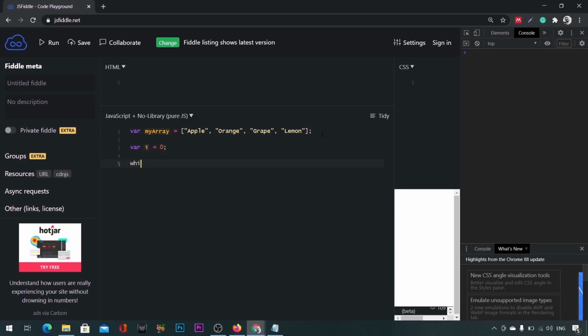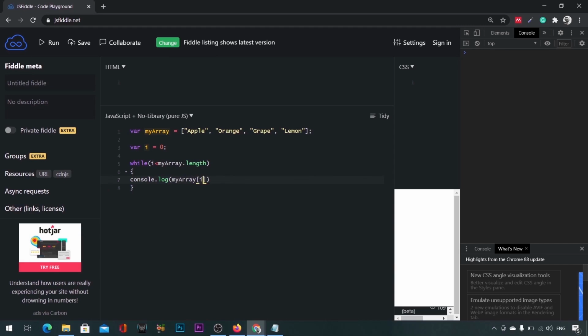And now I'm going to specify the condition that needs to be met for this loop to continue. Okay, let's just break this off. So while i is less than the length of my array, which is 4, dot length. Never forget the dot length property if you are working with properties in this case. Okay, while this is the case, do this block of code that I'm about to write out, which is console.log my array